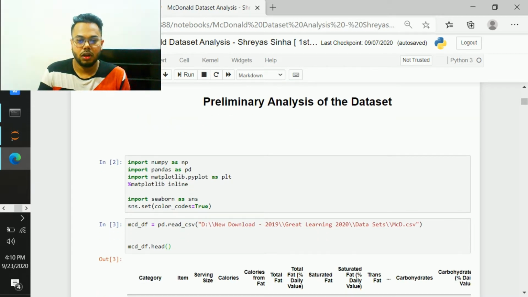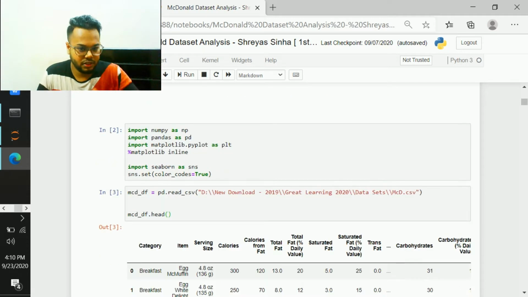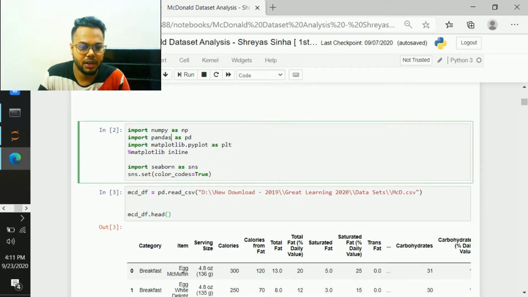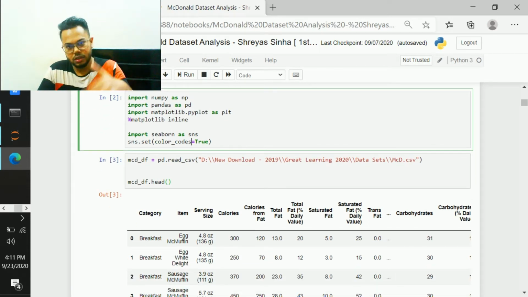Beginning with, one of the first things is that before I start with the analysis of the data set, I like to always do a preliminary data analysis, so that I get a good understanding of the data set I am dealing with. This is necessary for me to have a picture in mind, and with that picture as reference, I keep going ahead. These are the tools which I have been using: NumPy, Pandas, Matplotlib for the graphical plots, and Seaborn for colors in Matplotlib.